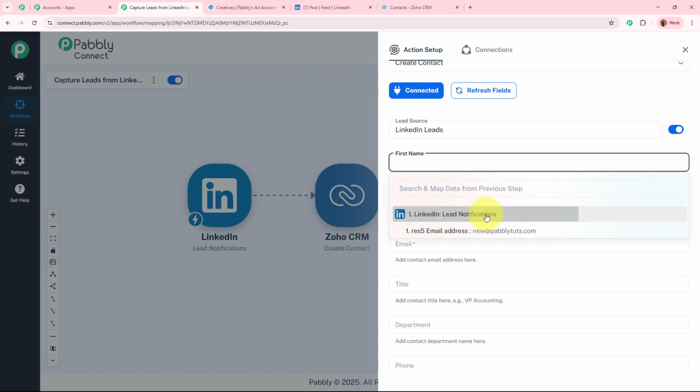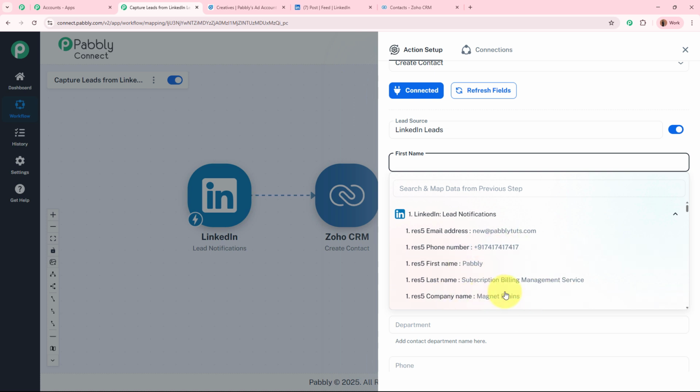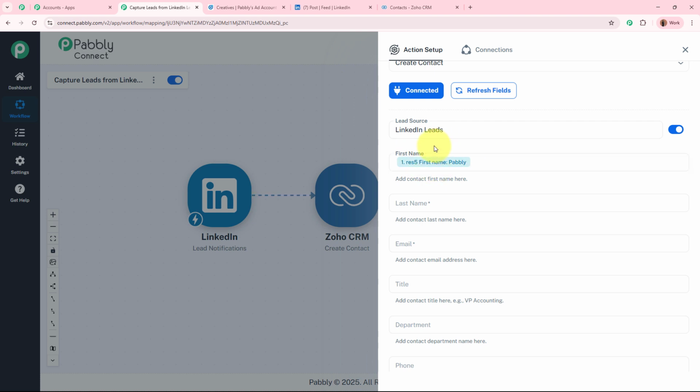This is the LinkedIn step. As I click on it, the response that is captured in our previous step is going to appear in front of you. It is asking for the first name, and this is the first name of my lead, and I want to create this lead as a contact. So I'm going to select the data of the first name of my lead from my previous response. As now I've selected the data from my previous response, this data has now been mapped,